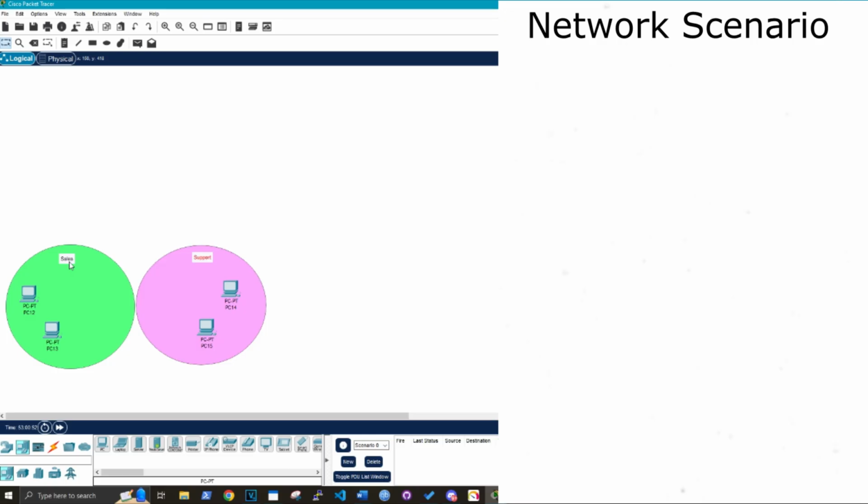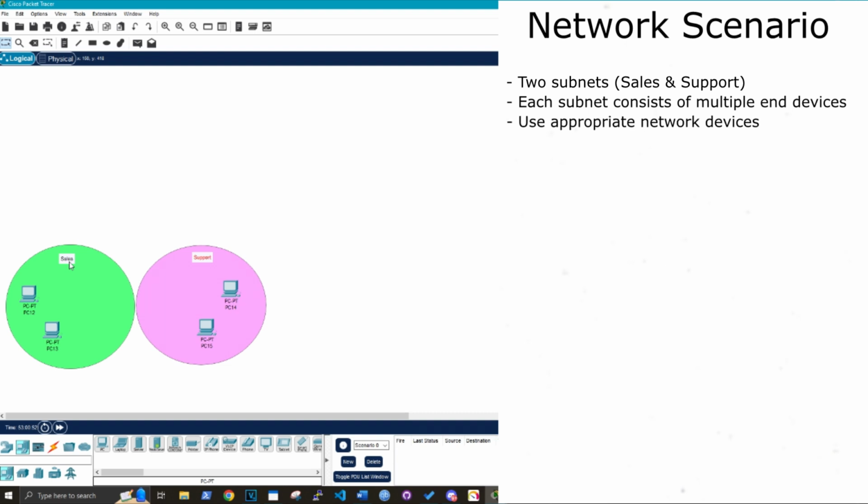Hello, today I'm going to teach you guys how to design, build and configure a network with multiple subnets using Cisco Packet Tracer. So we have to design a network which connects two departments, sales and support. Each department should contain multiple end devices such as a PC or a printer, etc. We need to use the appropriate number of switches and routers, and we've been given the IP address